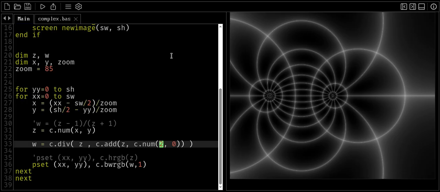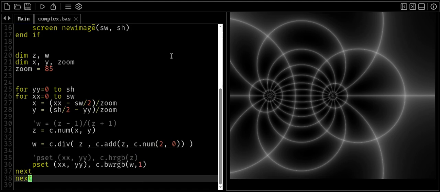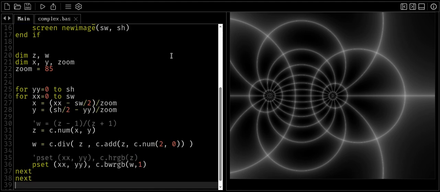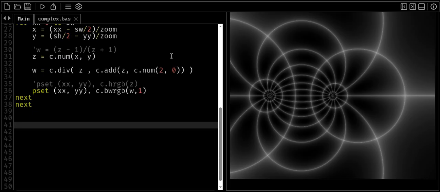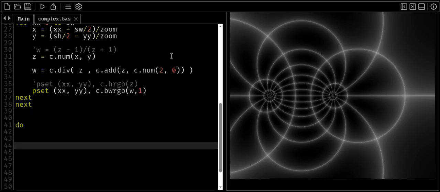Okay, so we have this drawn, and once again we're going to introduce a game loop. Limited down to 30 frames per second,